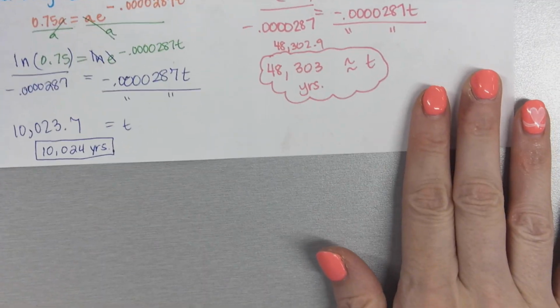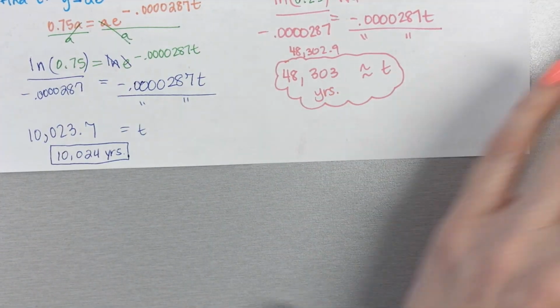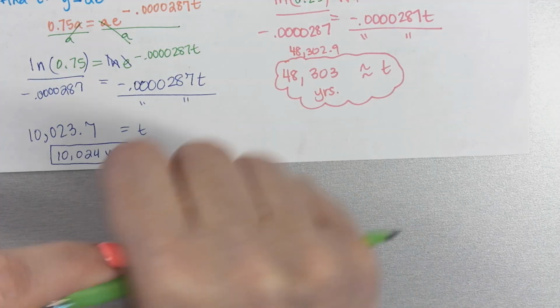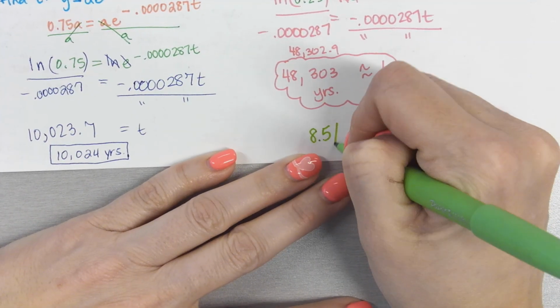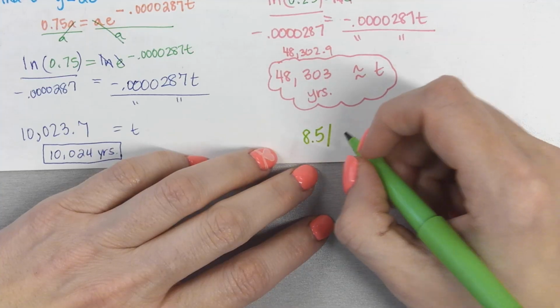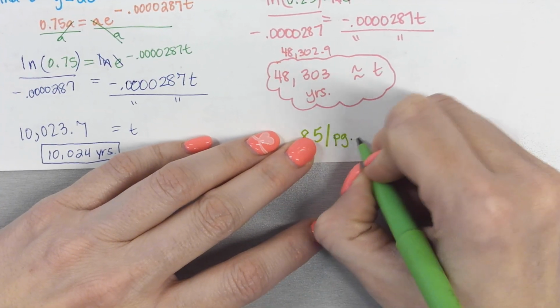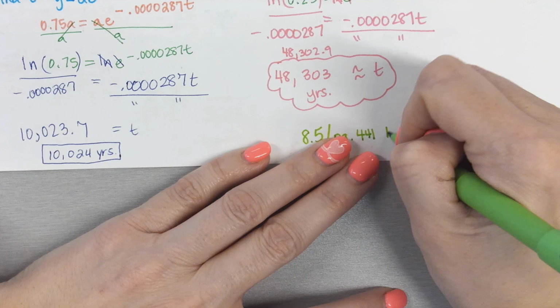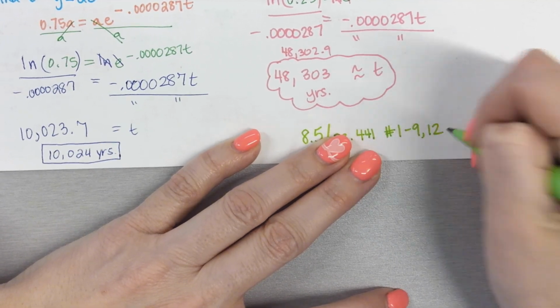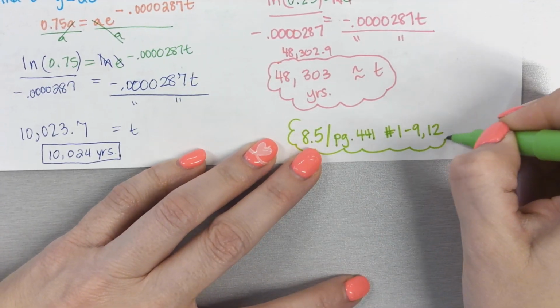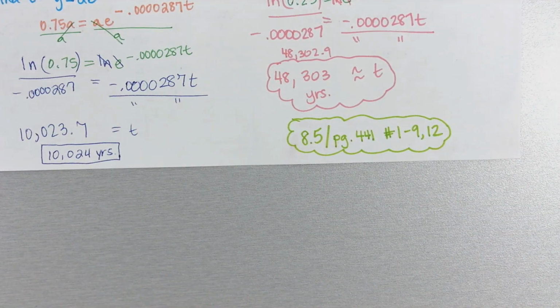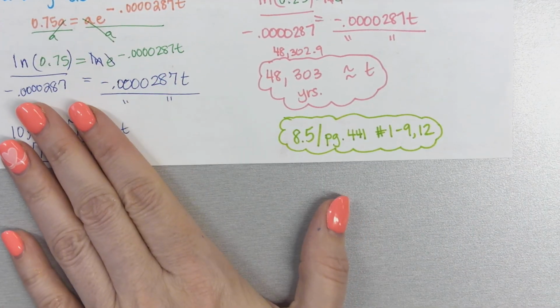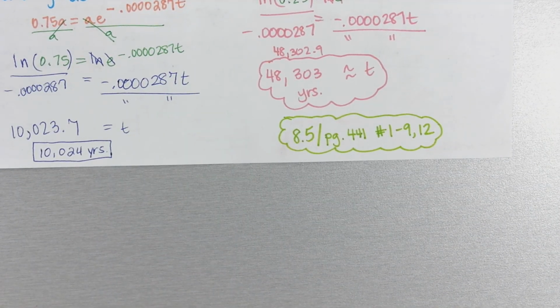So your 8.5 is mandatory. I know. Pause for groans. But this chapter 8 test tends to be one of the harder ones just because logs are brand new. So it's really important that we have this practice, especially with these story problems. But you're going to be using this factor. All right, and then I'm also going to put the answers to your homework